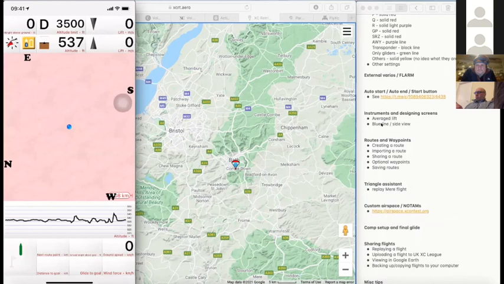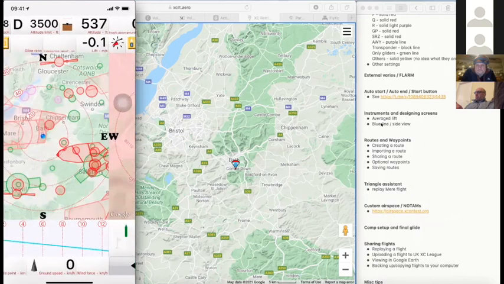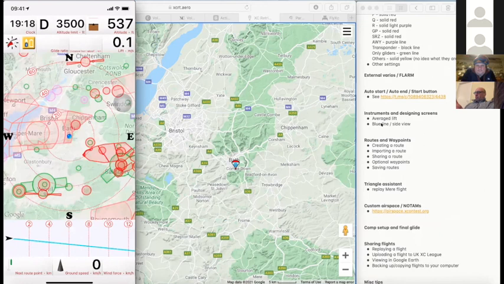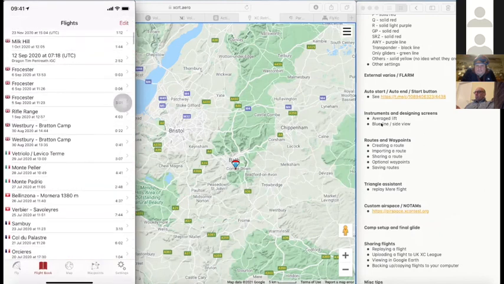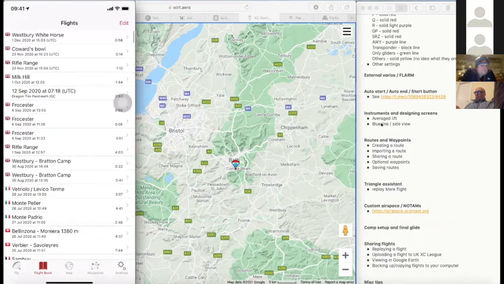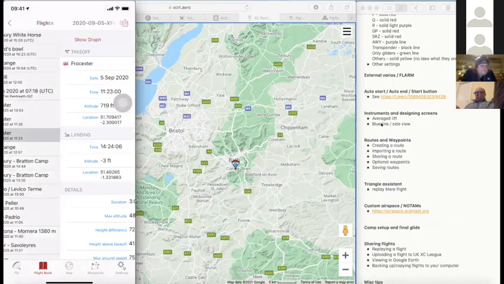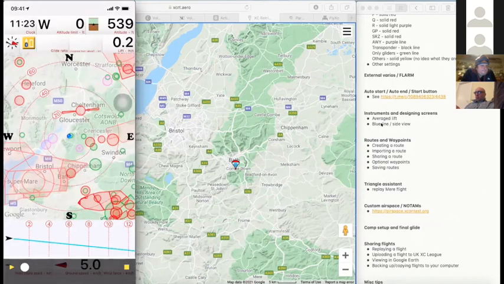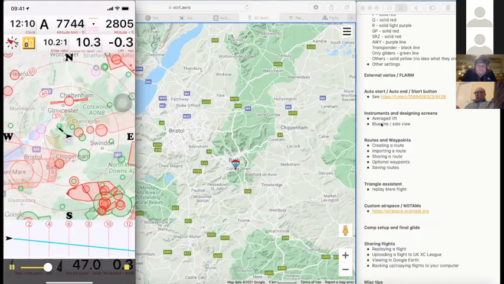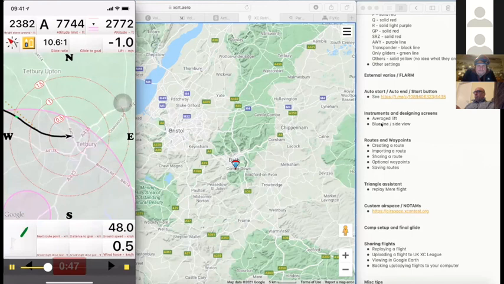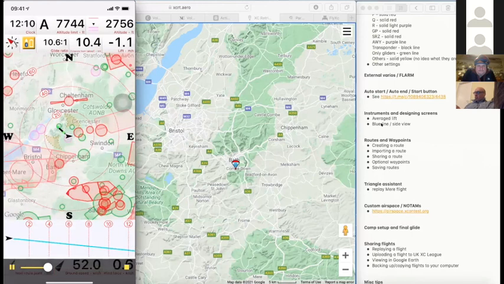The blue line, you can't see it at the moment, but when you're flying, you get a blue line from your central position, which indicates your, in fact, if I do a replay, let's just replay any flight will do. Let's do a cross-country flight, be a bit more useful. So after a little while, you get a blue line coming from the arrow, and it takes a bit of time to appear. But that basically